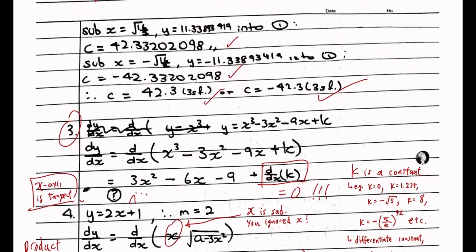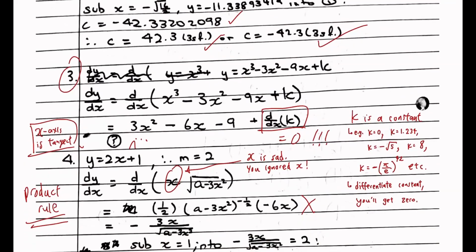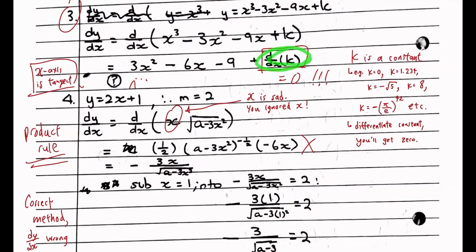Okay, moving on. Question 3. So here, you are asking me d by dx of k. What is it equal to? You're confused by this guy. The answer is 0. Because k here is a